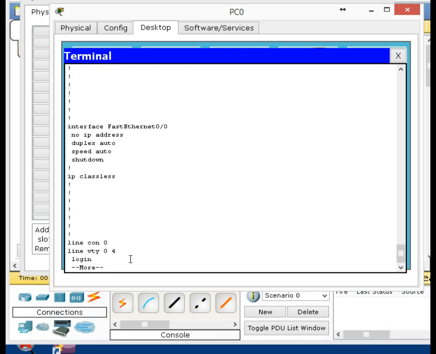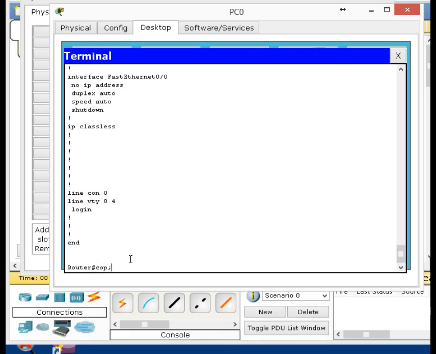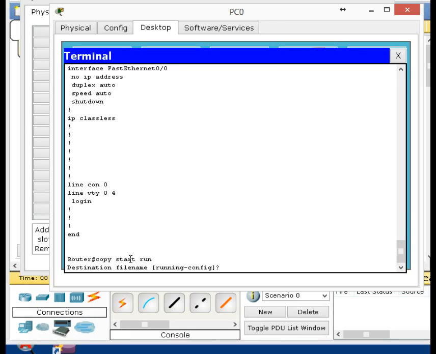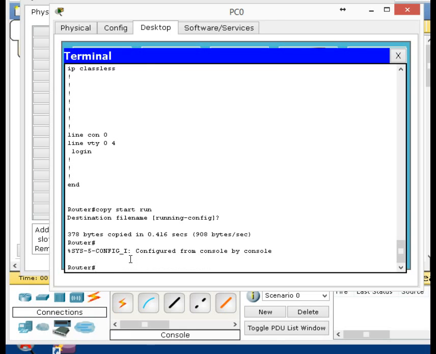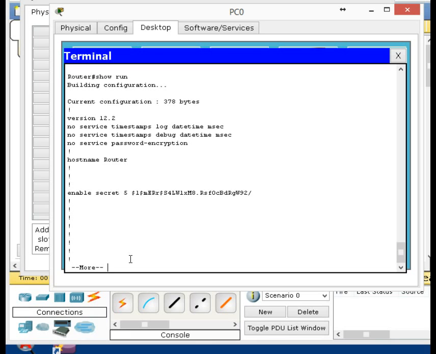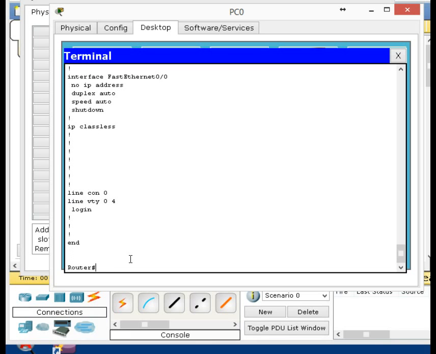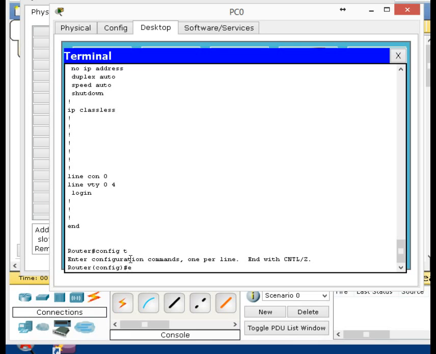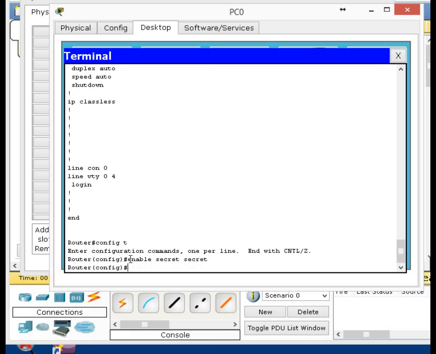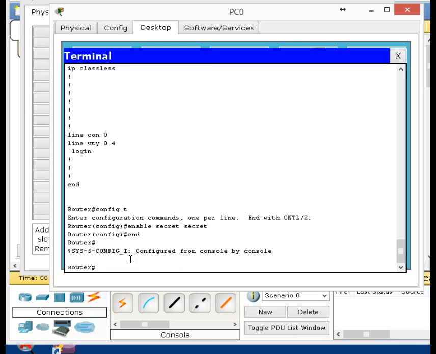So in order to now change this thing, I'm going to do what I normally don't do and copy the startup config to the running configuration. And now when I show the run, I have the password there. I should now be able to go into config mode and change the password. I'm just going to change it to secret, enable secret, secret,